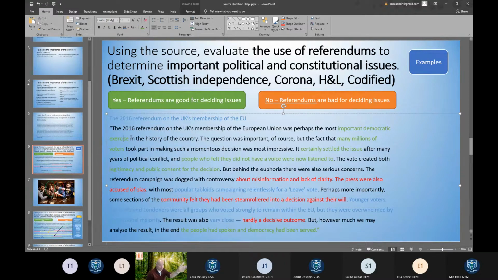I'm personally quite comfortable with finding the arguments in the source. I'm quite comfortable with going, right, yep, I think I know which side I want to argue. I'm quite good at finding the examples, but this is the bit I struggle with. You might struggle with one of the bits I've just shown you, and that's fine. We'll work together on that. We'll be practicing that. But the bit I struggle with is how do I now turn this into an essay